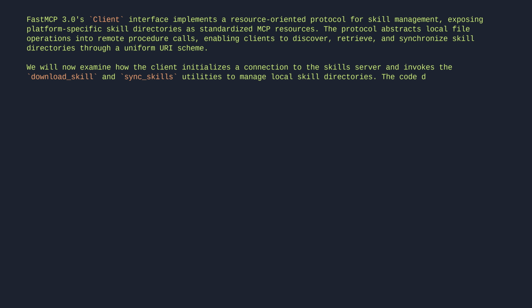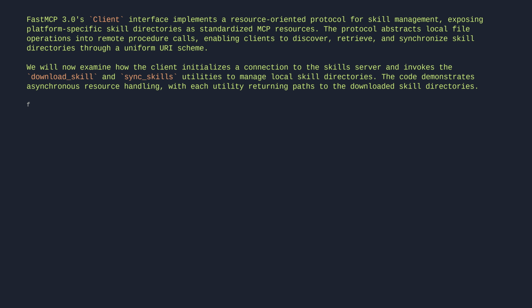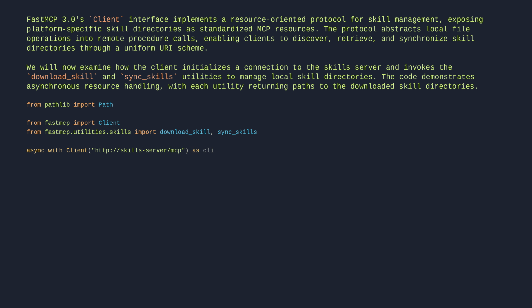The code demonstrates asynchronous resource handling, with each utility returning paths to the downloaded skill directories. From pathlib import Path. From fastmcp import Client. From fastmcp.utilities.skills import download_skill, sync_skills. Async with Client http://skills-server/mcp as client. Hash download one skill. Path equals await download_skill client, PDF processing, Path